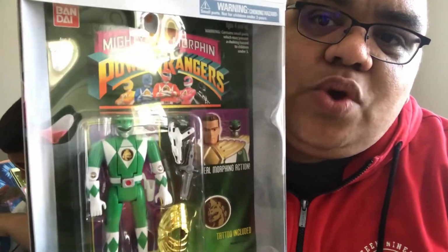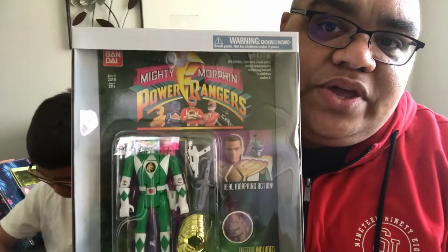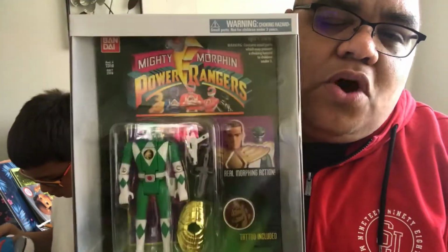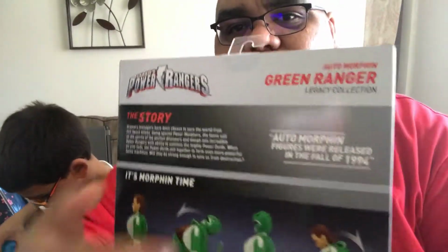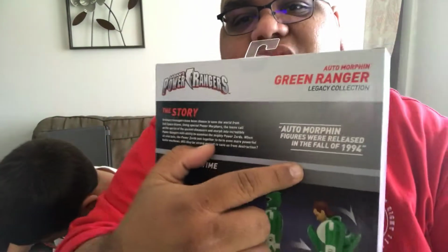This was one of the original Mighty Morphin Power Ranger figures that they unveiled in the fall of 1994. It says in the back that the figures were released in the fall of 1994. And I love